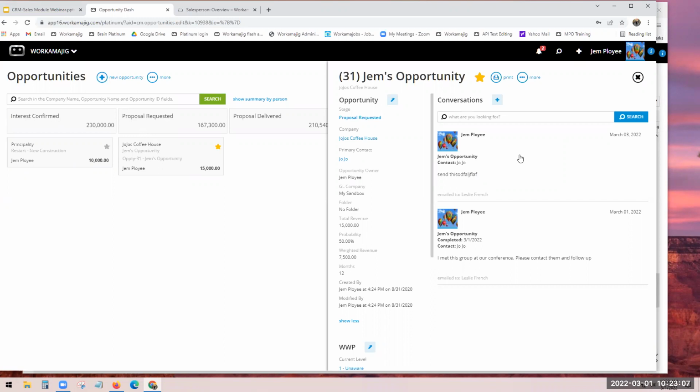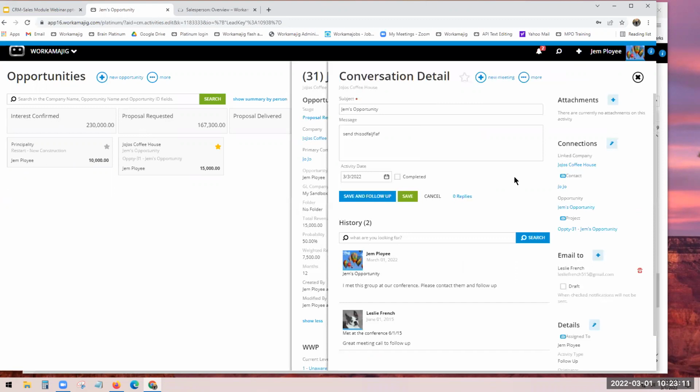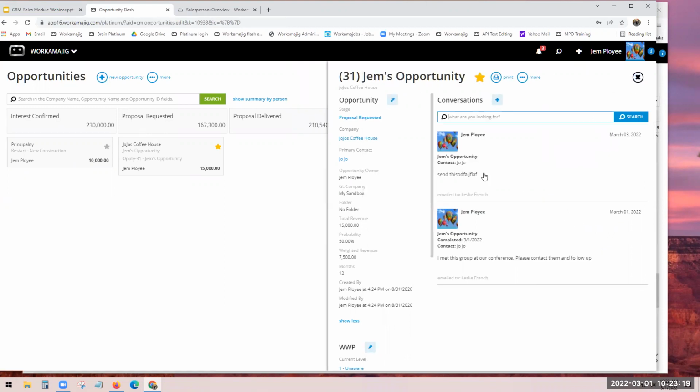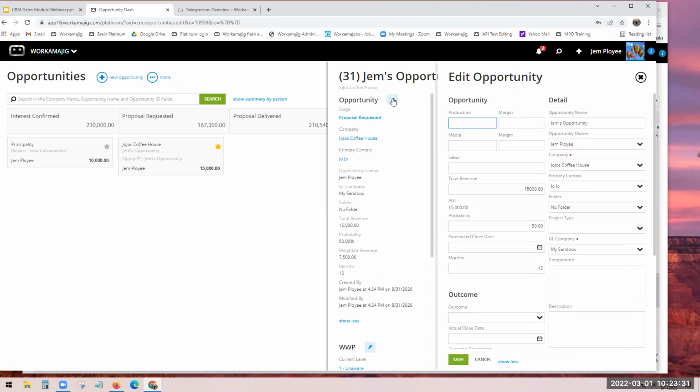Maybe I'm ready now to do a follow-up. Certainly, this is what I've got as a follow-up. Am I going to start a more formal email and send an email to the client, start a new meeting, etc.? Notice I have a pencil here for the opportunity. Now you noticed I did just drag it to the proposal requested field. When I click in the pencil, I may just be doing it all more like the original way,